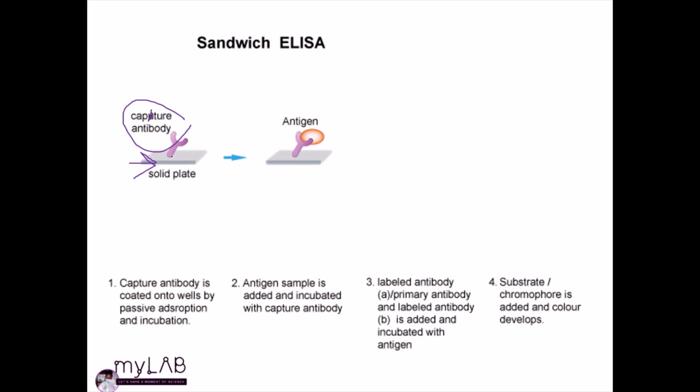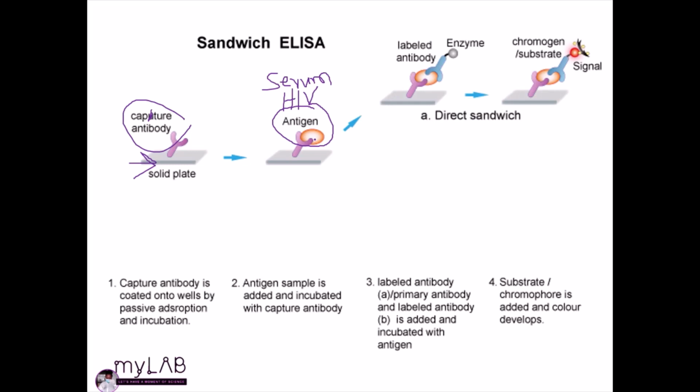Now this capture antibody is able to bind to the antigen of interest. Let's still use HIV from our patient serum. So in this case, we are detecting HIV antigens from our serum. So this capture antibody is able to bind to the antigen, and then we can do it directly,